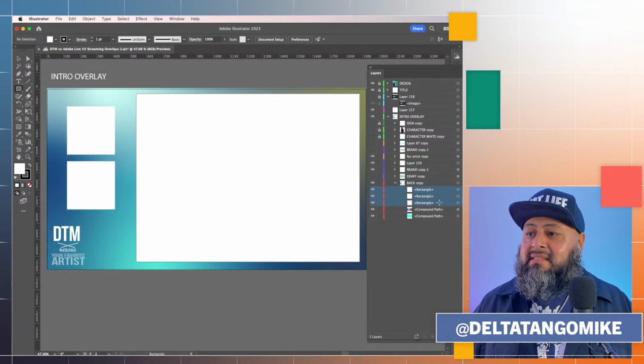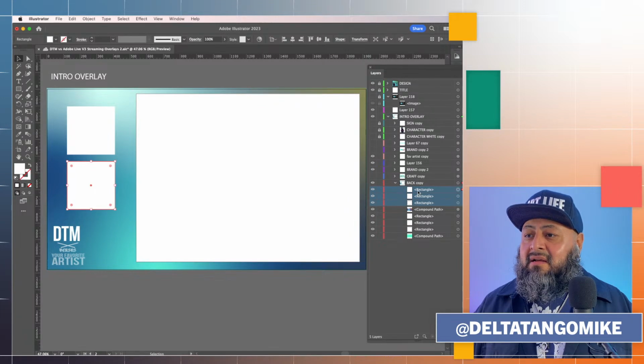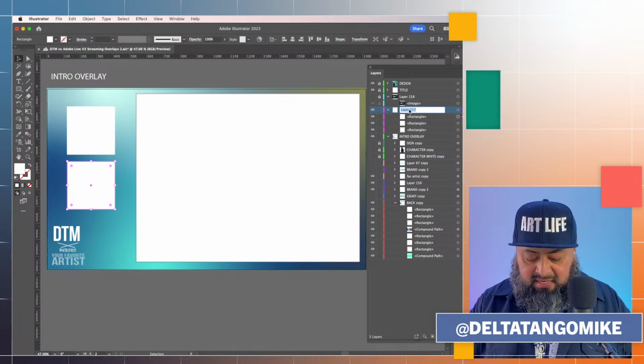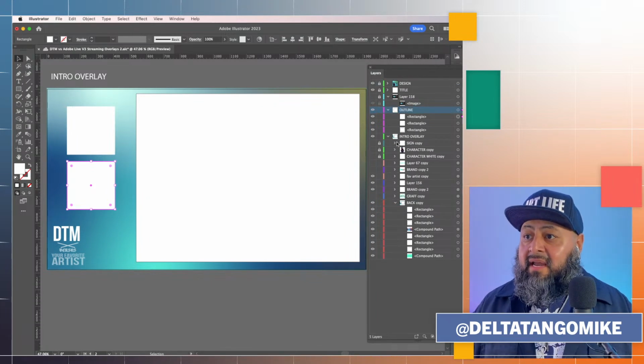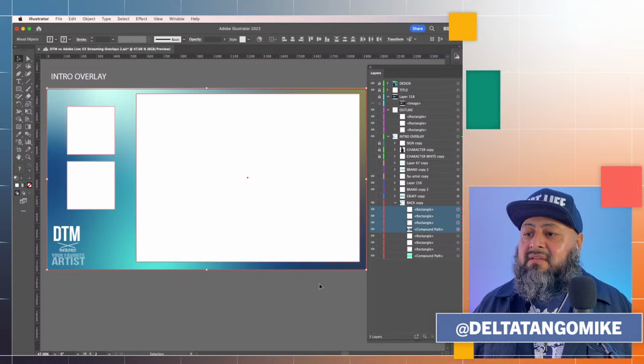So let me select these 3 and hold shift, click and drag. Boom, I made a copy. And select these 3 again and click alt, drag, and drop into that layer. And it's going to be outline. I'm going to type in the word outline. Woo, just like that. Boom. So now I'm going to select this rectangle here, that rectangle, and my compound path. Oh, before I do the compound path, I need to check my